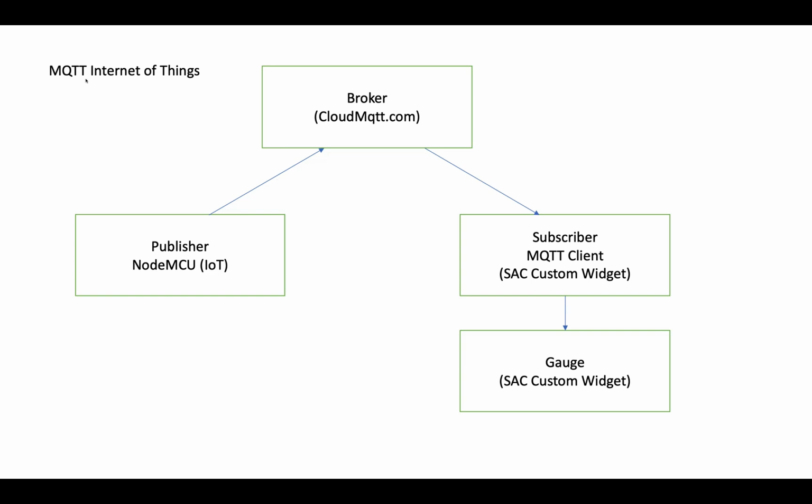We are using the MQTT protocol, which is widely used in Internet of Things. It is essentially a very efficient way of exchanging small packets. There are 3 major components: publisher, broker, and subscriber. The publisher sends information to the broker, and then the broker notifies the subscriber and instantly sends the data to